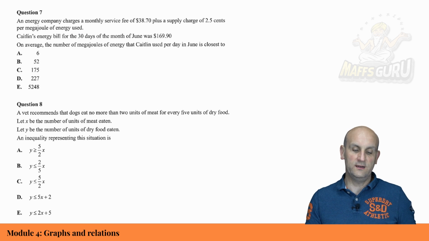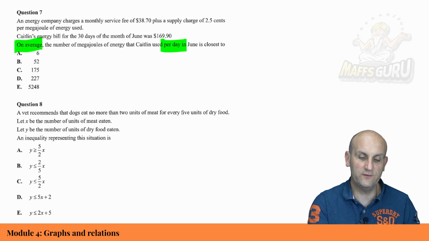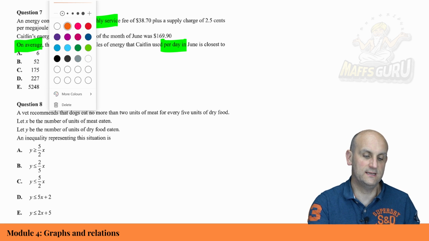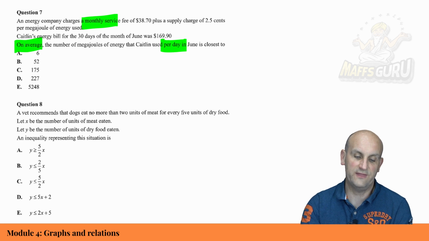Question number 7 tricked me. Again, so annoyed when I did this the first time. The trick here is it says on average in a day, but they give you information with regards to months. So basically, to do this question, an energy company makes a monthly service fee of